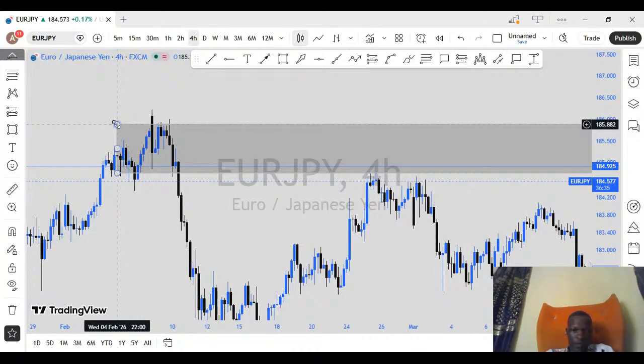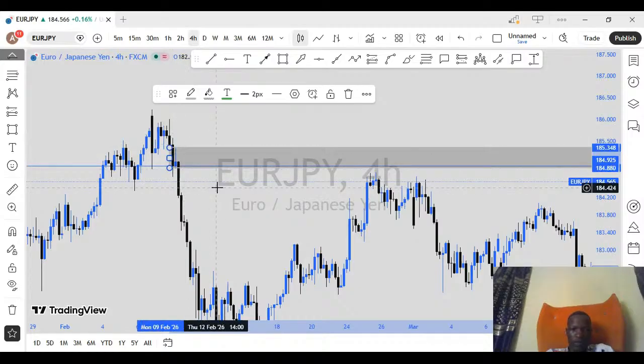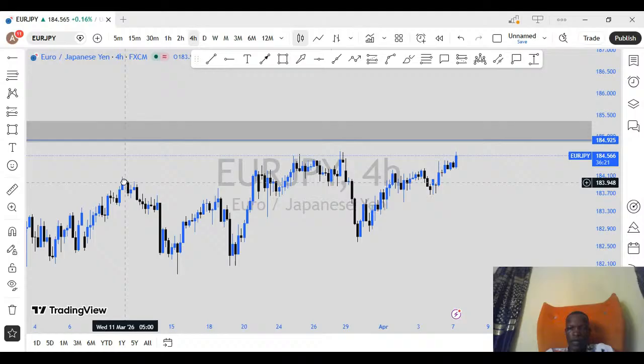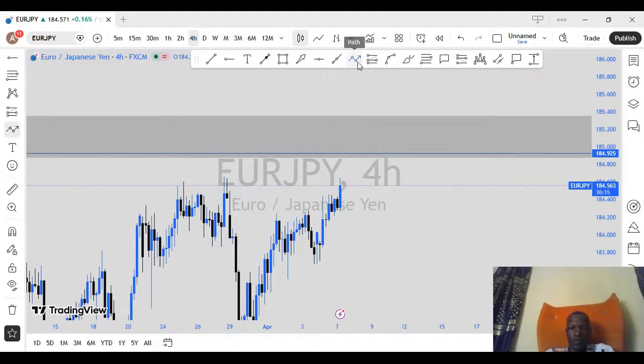We expect markets to come back to this level because we have a supply zone here. This is one supply zone. Market has used the supply. Now this is the new fresh supply zone that market has not used. So we expect market to come back to this level and then sell this market from there. So that is that about Euro